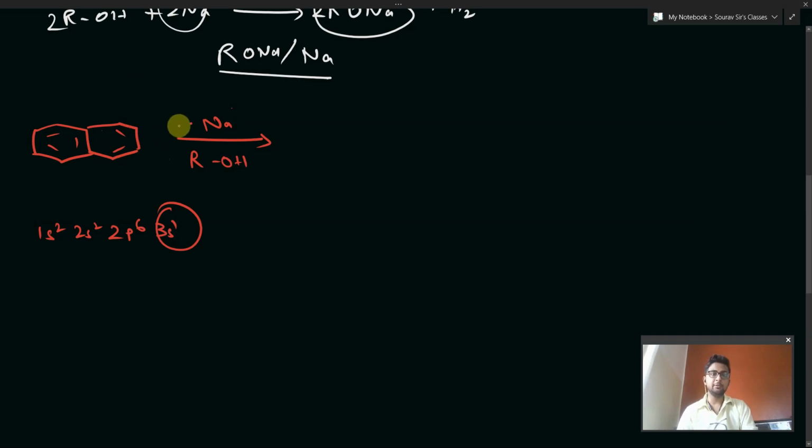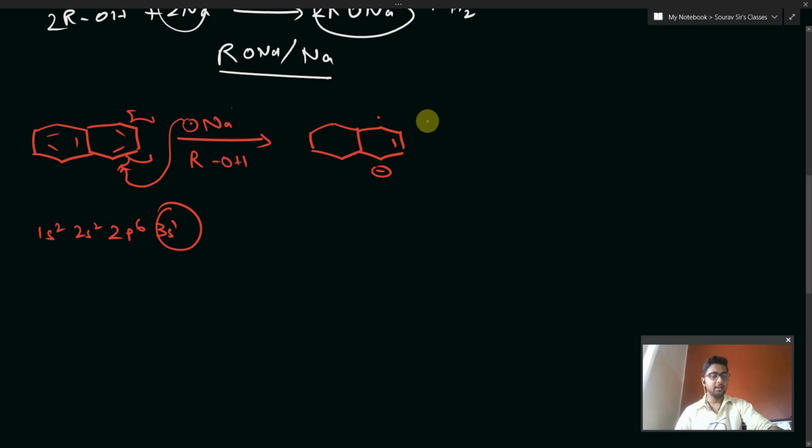Okay, so firstly, what would happen is an homolytic fission would take place. And obviously here also an homolytic fission would take place. In this carbon, the electron of Na would be attacking over here to form a minus charge, and an electron from the homolytic fission would be coming over here. So the basic resonance structure after the delocalization would have a minus charge here and a dot here, which is the free radical.